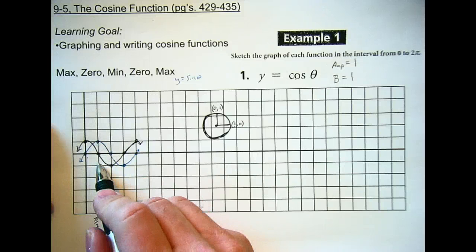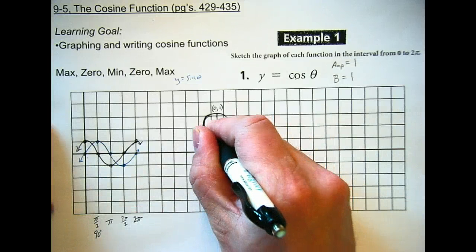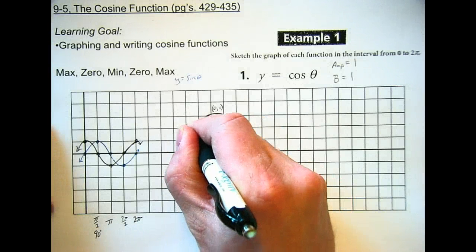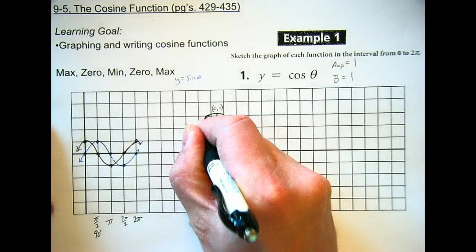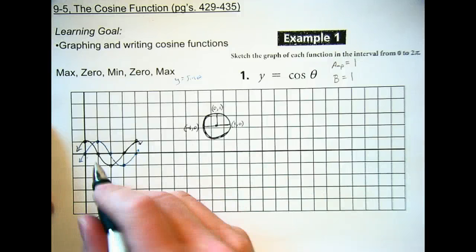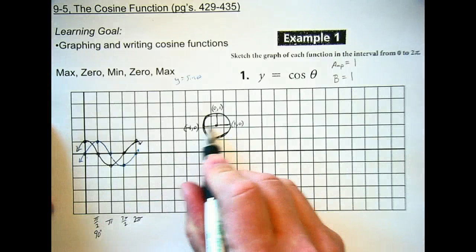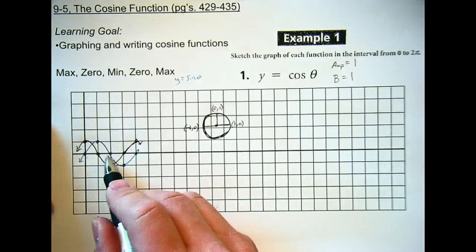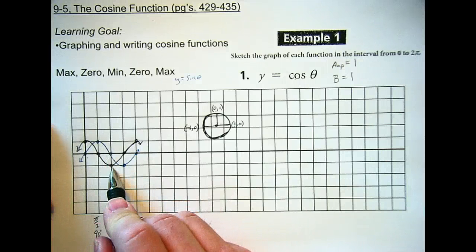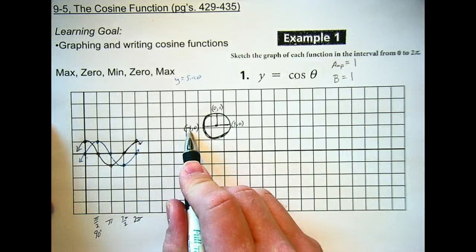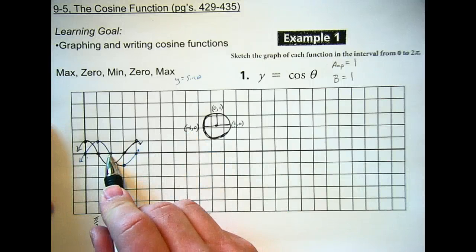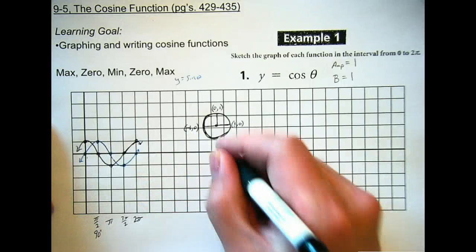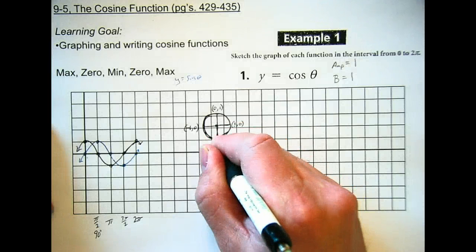Everyone with me? And then we move here, and we're now at negative 1, 0. Okay, and so this is 180, right? So pi. So we're at negative 1 on cosine, 0 on sine. Okay, and you go down here, we're at